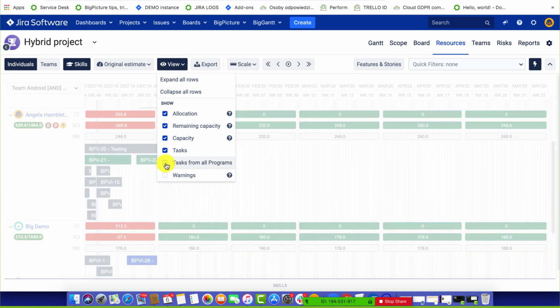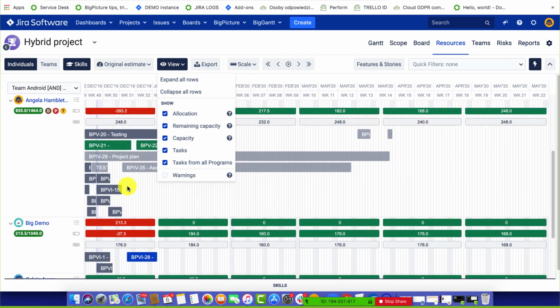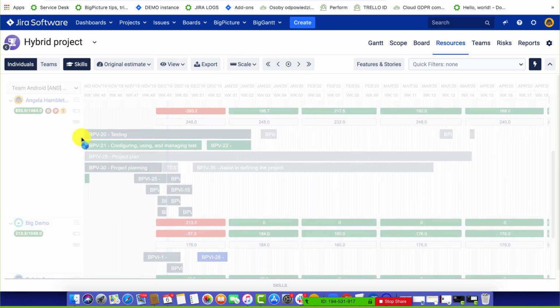There's also one enterprise feature that shows all the tasks from all programs. So if you have BigPicture Enterprise, you can show all the tasks. They will be transparent, and you will not be able to edit them. Those are the tasks to which the resource is assigned, but that do not exist in this program, are not